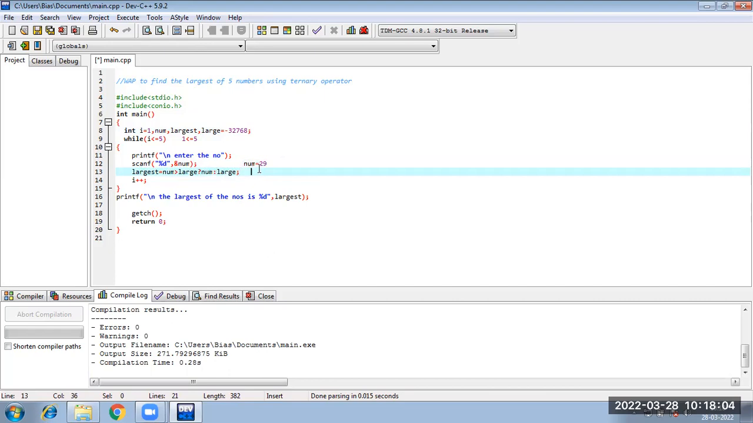So if my condition is true, then the answer will have the value of num, so 29. ठीक है, अभी i प्लस प्लस माने i का अभी वैल्यू हो जाएगा 2, ठीक है। फिर से यहाँ पे जाएगा लूप में, is 2 lesser than equal to 5? Yes, if it is true it will enter the number, again एक नंबर डालोगे, अभी नंबर सपोज डाले तुम 15, ठीक है। अभी क्या चेक करेगा,